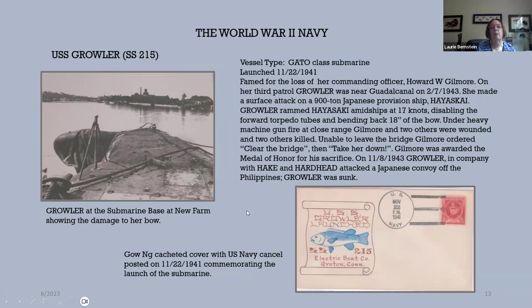Here we have the USS Growler, famed for her loss of her commanding officer, Howard Gilmore. On the 3rd patrol, Growler was near Guadalcanal on February 7th, 1943. She made a surface attack on a 900-ton Japanese provision ship, the Hayasaki. Growler rammed Hayasaki amidships at 17 knots, disabling the forward torpedo tubes and bending back 18 inches of the